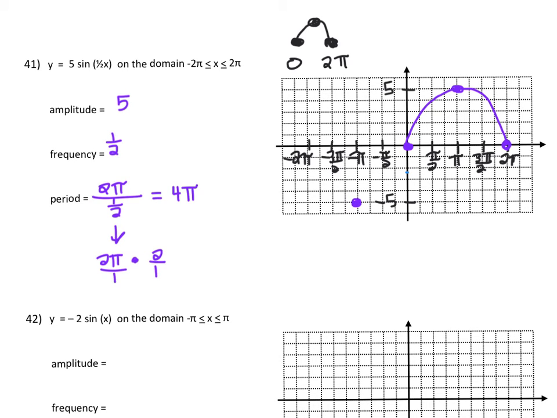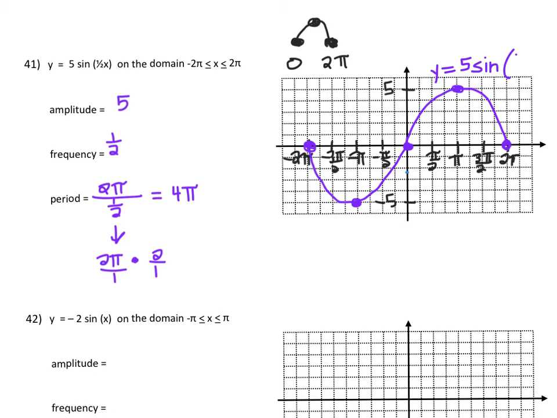Okay, so then, since this is going to continue to come down to the minimum, once I hit negative 2 pi, I'll be back at a height of 0 again. Okay, and here is my curve. And again, make sure you label y equals 5